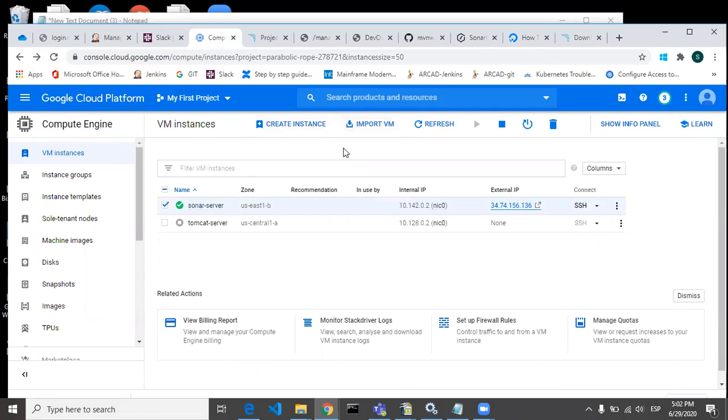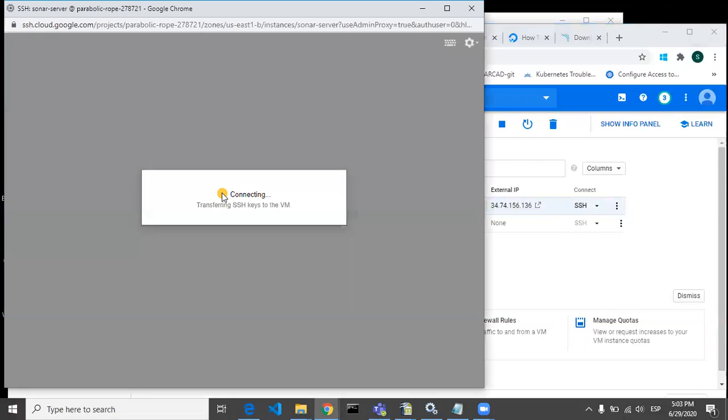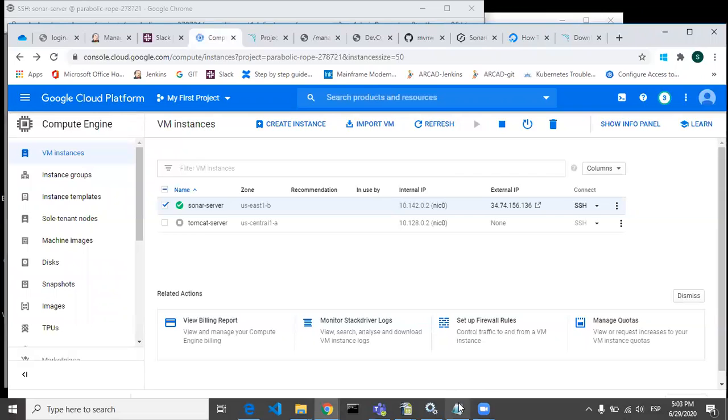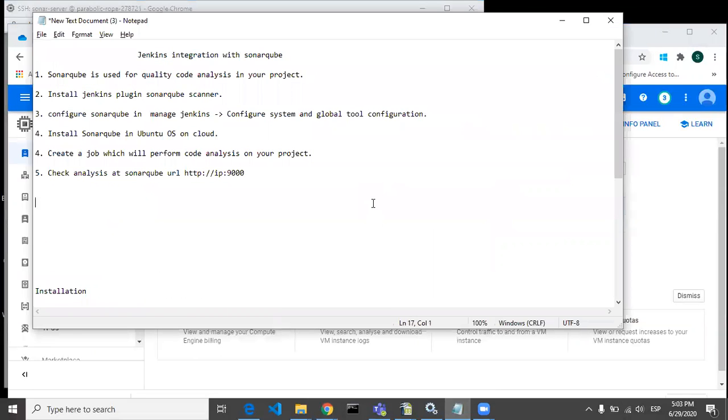How to create an instance and everything, I already covered in earlier parts of my tutorial, so you can refer to those and create your virtual machine like this. Once this is created, you just have to SSH into your machine and follow some of the steps.